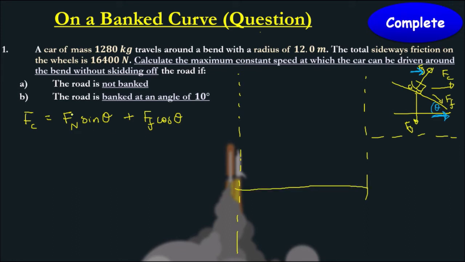Okay, so firstly we need to find the normal force. Now we can't work that out directly because it's a component of the gravitational force, so we need to work out this component first. Theta's here, so to find this line of the component, you need FG cos theta, because that's the adjacent side. So our part of the F normal is going to be FG cos theta, but another part is actually